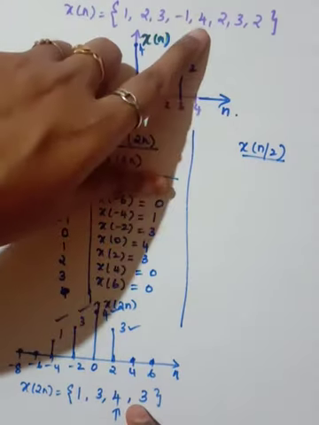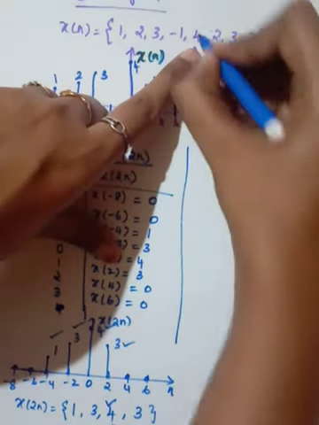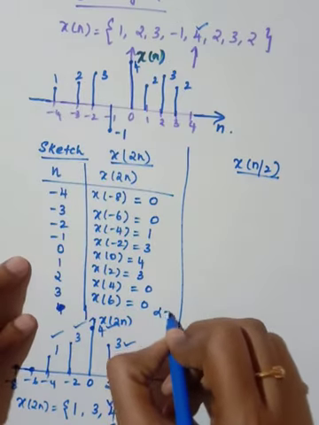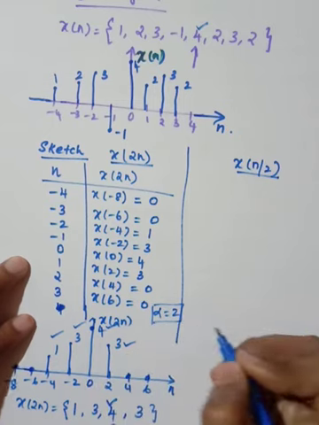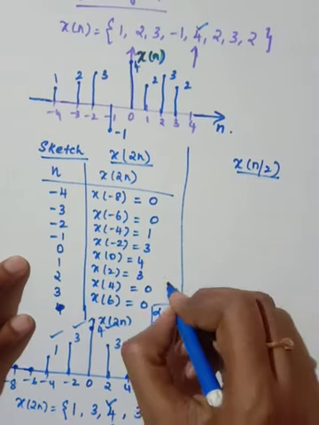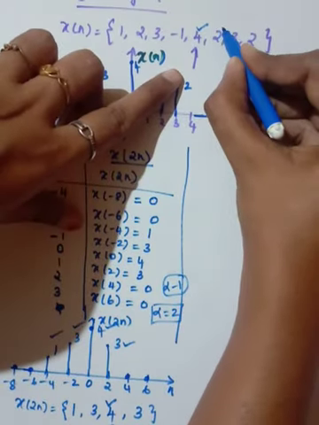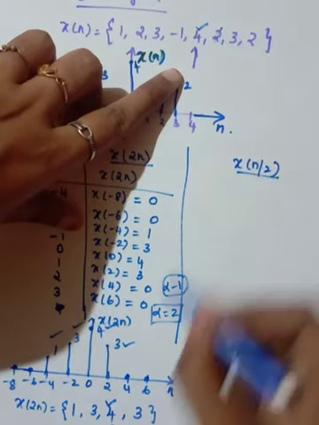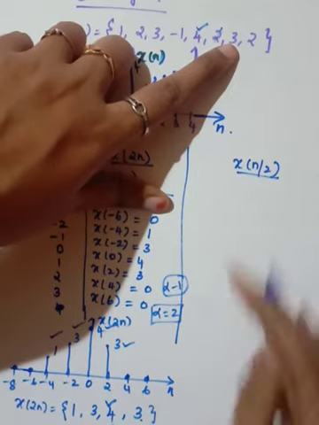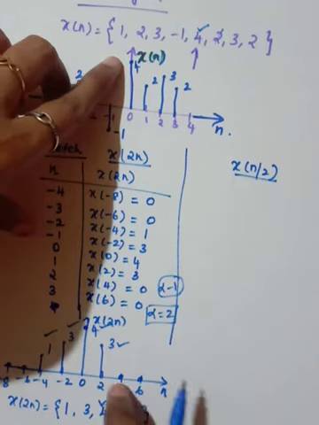What is the meaning of it? Consider the origin value will usually be present. Here you have scaled by alpha equal to 2. So what is the meaning is that you need to discard alpha minus 1 samples in between. That is, I am going to discard 2. So when I discard 2, what will I get? I will get 3. So I got 3 here. After 3 I need to discard 1 sample. There is no sample after that, so it is 0 here.